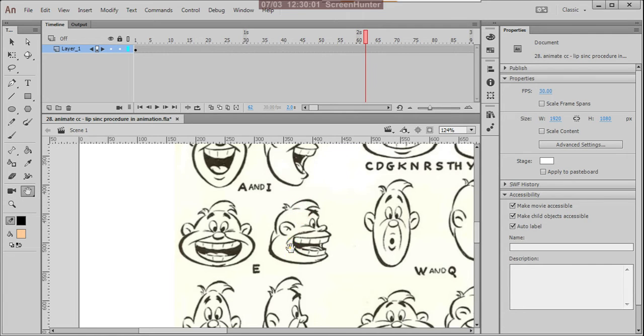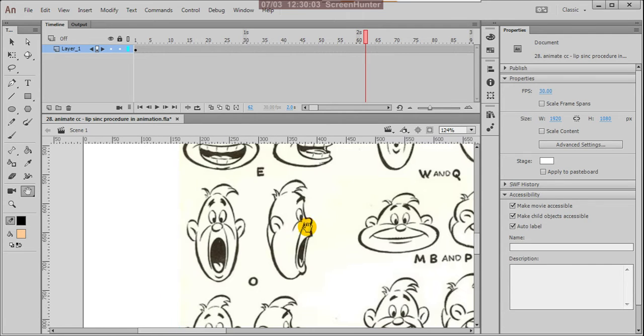Yes, now come to this O. See, it almost looks like an O shape, an oval shape. In this mouth shape, your mouth largely gestures downward. You can check in your mirror, O. The mouth is extending more downward, particularly the lower jaw going down.